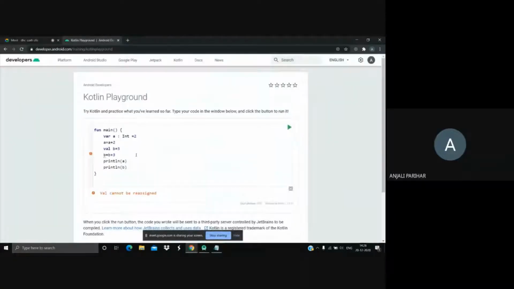Okay. So, there's one more feature of Kotlin, that is Kotlin is a strongly typed language. You can see the two types of declaration here. A itself is a variable and C itself is a variable. But what I'm doing here is I am telling the compiler that it is of type int explicitly. What strongly typed actually means is we do not explicitly need to declare the data type, but the compiler itself infers that since the value assigned is an integer type, the C would be of the data type int. Okay, so let's move ahead.